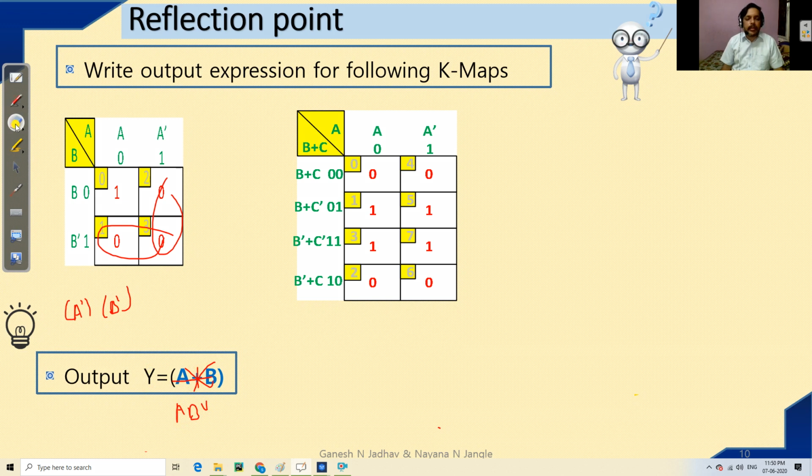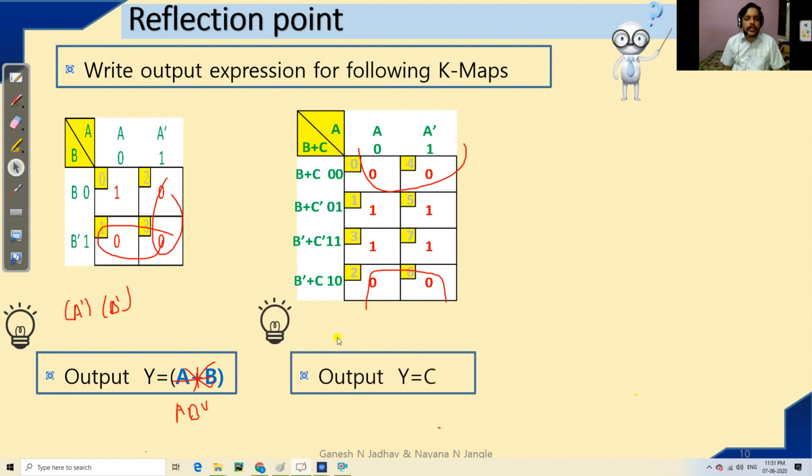In the second one, again pause the video for some duration and try to answer this question. In the POS form we have to make a group of 4, so we make this group of 4. Again, the K-map is always rolling, so you can fold a K-map like this, or you can fold a K-map like this also. All these combinations are possible, so I'm combining these two. On this side the non-changing element is C, and on this side both are changing, so the output you will get is Y is equal to C.